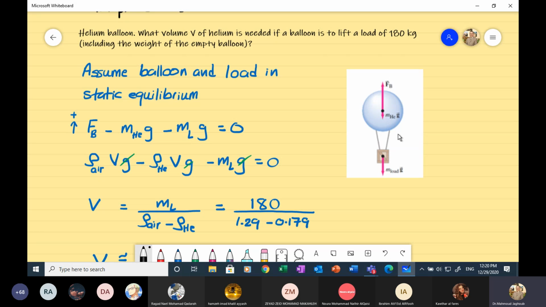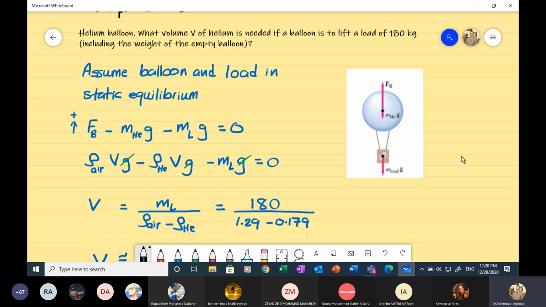انتوا بتعرفوا البالون is made of rubber. Okay, now that balloon has a mass because it's rubber, even though it does not have air inside it, and it also has the weight of what? Of the helium. So this balloon, the mass of the empty balloon plus the mass of this object equal to what? Equal to 180. And he's saying, what volume should this balloon have in order to keep this in static equilibrium? يعني نرفعه ويكون in static equilibrium. Okay,